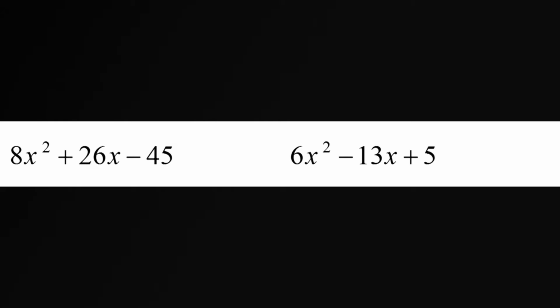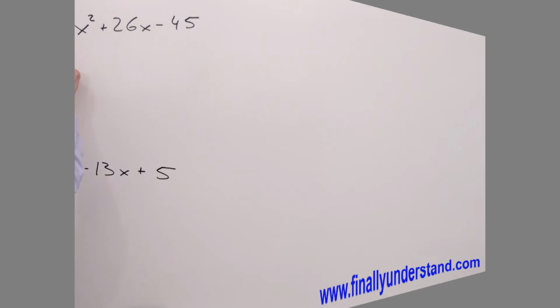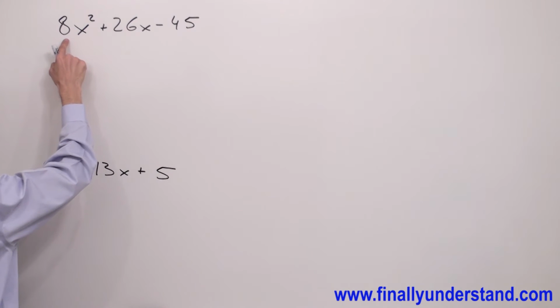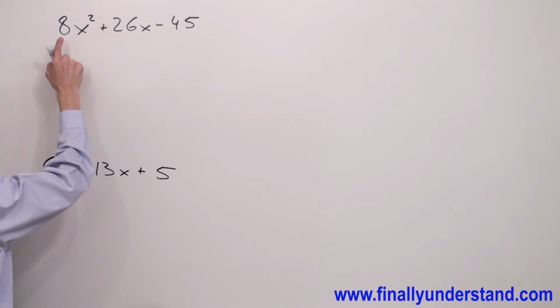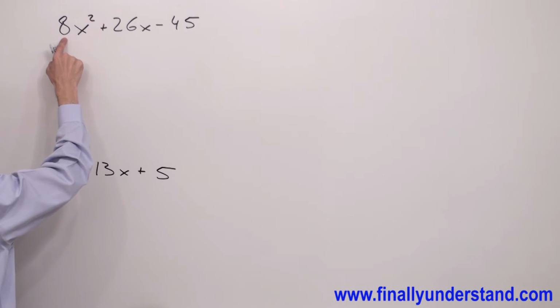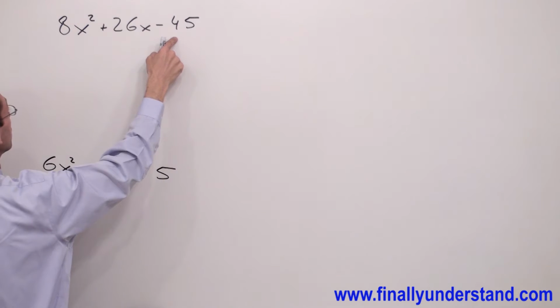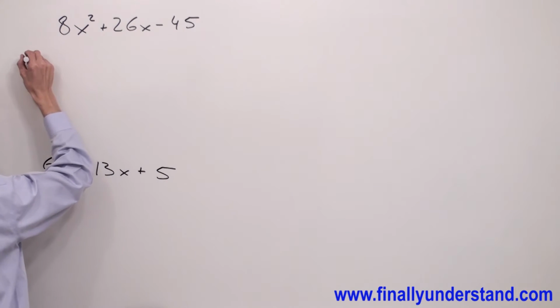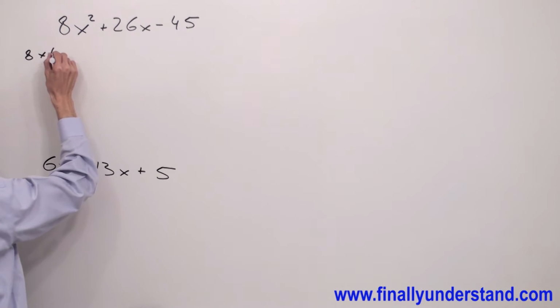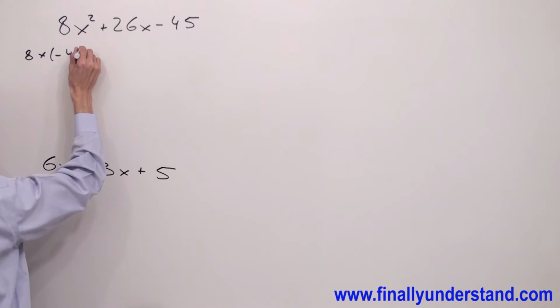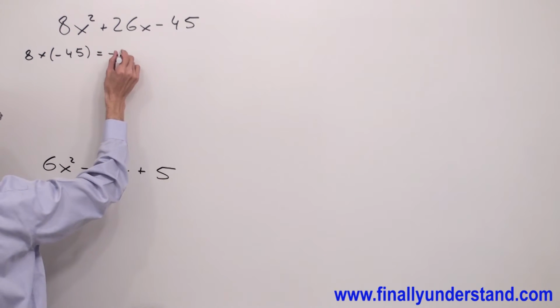Let's take a look at these examples. These problems are a little bit different because the leading coefficient is different than 1. In this case it is 8. What we're supposed to do first, we have to multiply the leading coefficient by the third term. 8 times negative 45 is equal to negative